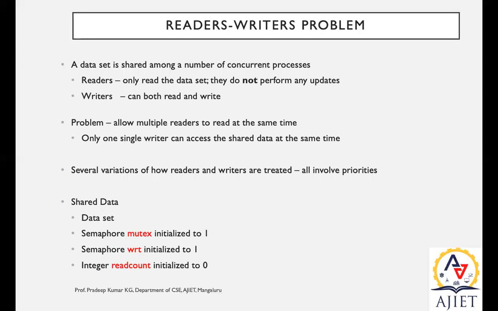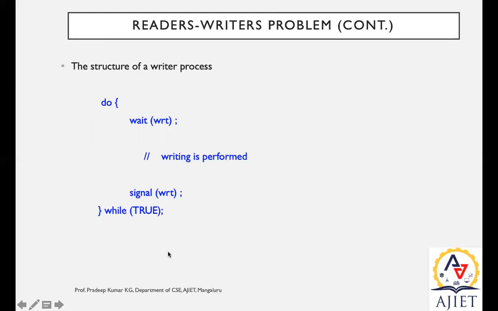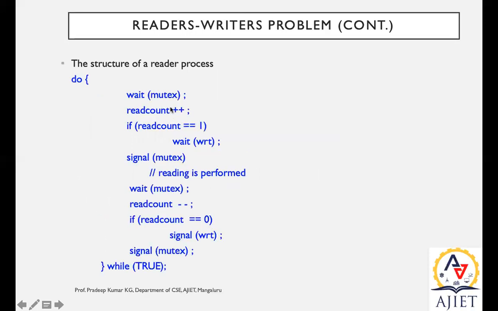First, to perform, the shared data set should be ready, with semaphore mutex set to 1 and semaphore write set to 1. Whenever both are set to 1, the write operation can be performed. Then for the read operation, we check whether the counter is at least 1. If it is 1, the reader can read the data and decrement the read counter, and so on. The same cycle is repeated.